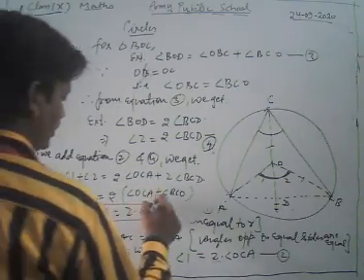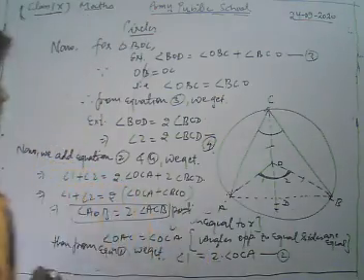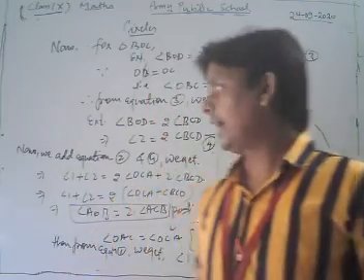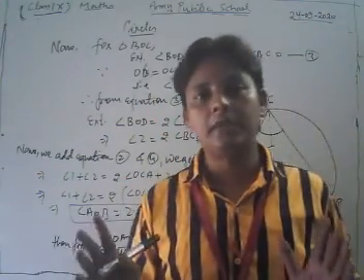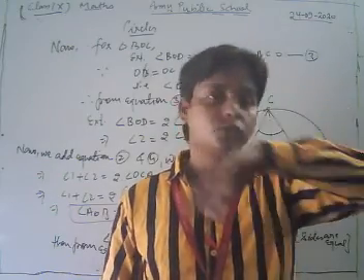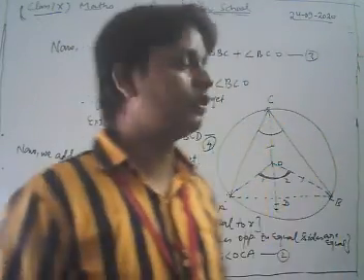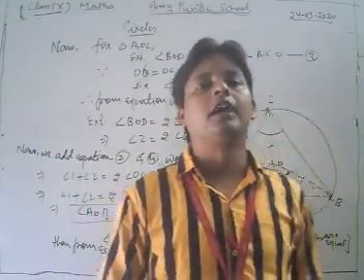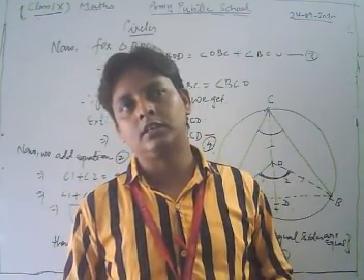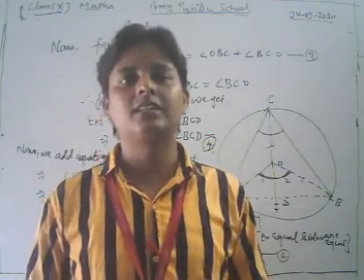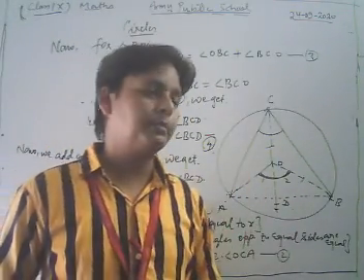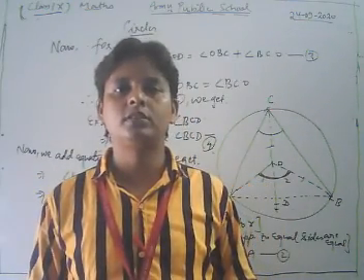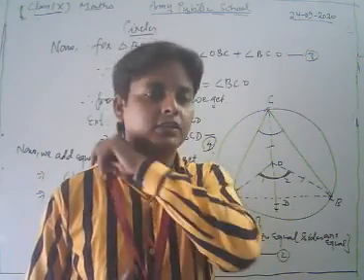Hence proved. Thus, dear students, in this way we can prove that result. This is a very important theorem of your syllabus, so please do more and more practice of this type of theorem. So in this way we can say that the angle subtended by an arc at the center of the circle is double the angle subtended by any other remaining point on the circle. This is a very important theorem, dear students, so please do more and more practice of this type of question.